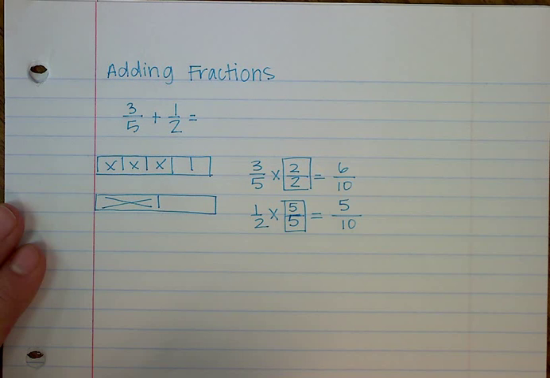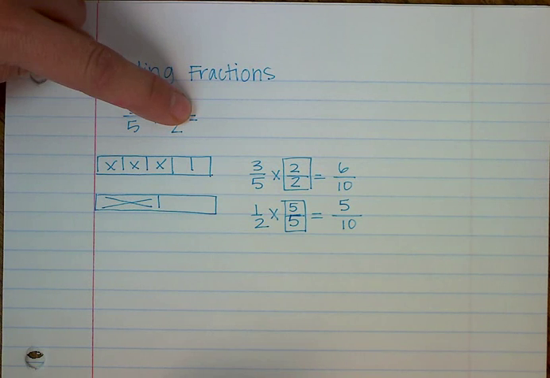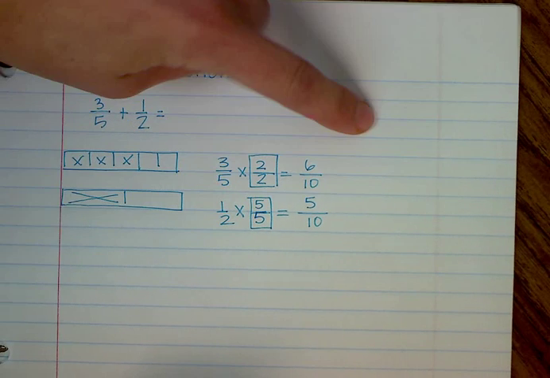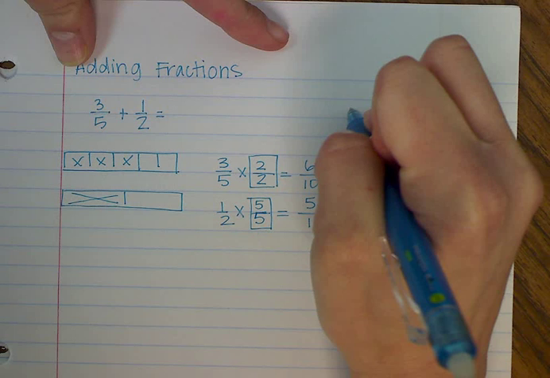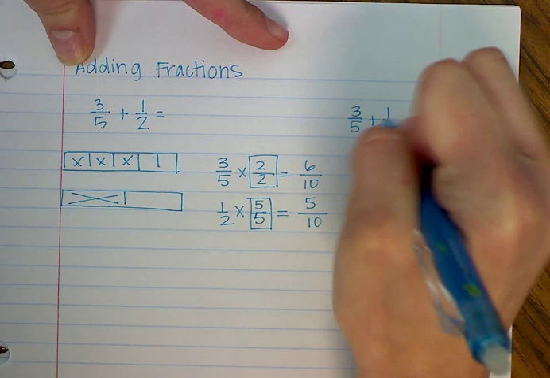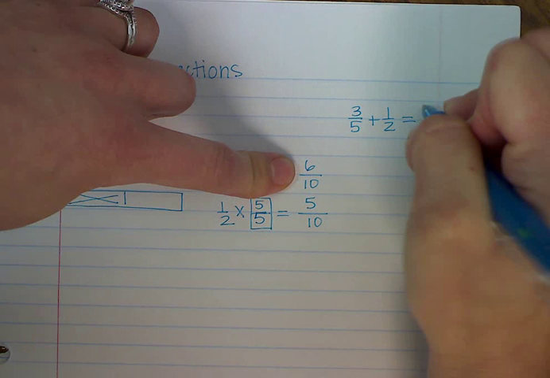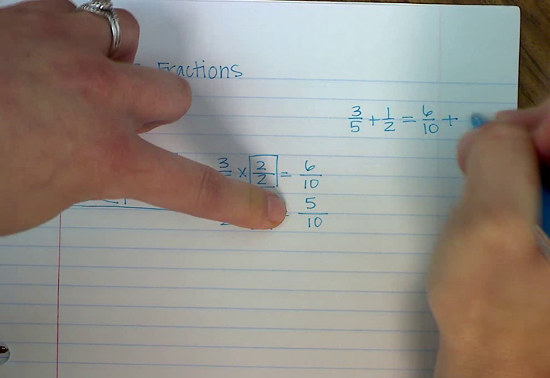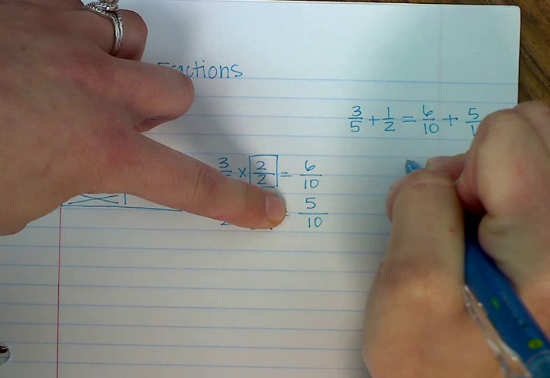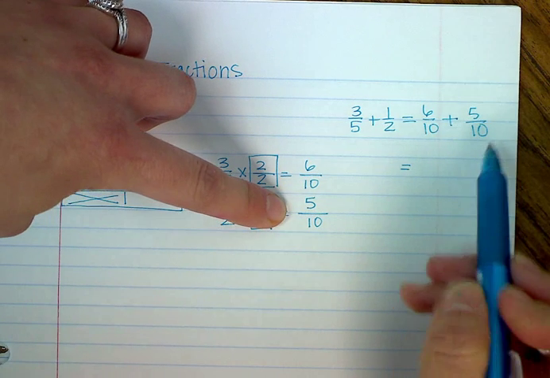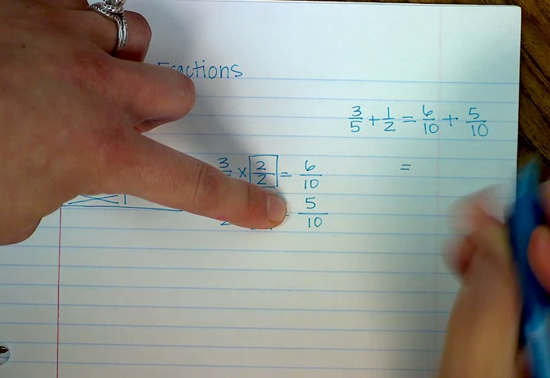So I'm going to rewrite this problem over here so I have space. I'm going to do 3/5 plus 1/2, and that's the same thing as 6/10 plus 5/10. And then I'm going to add those together. Remember, when we add fractions, we add the numerators and the denominators stay the same, so I'm going to have